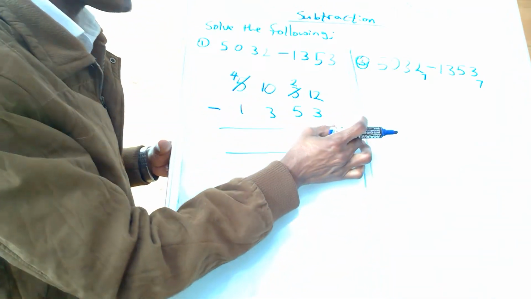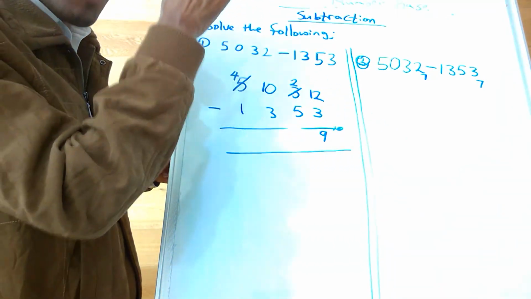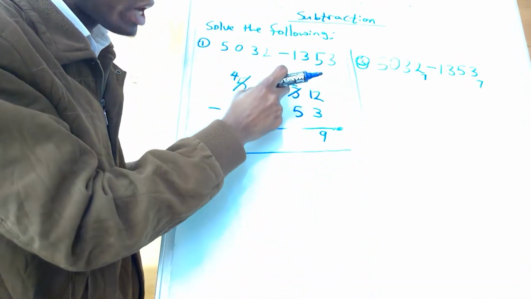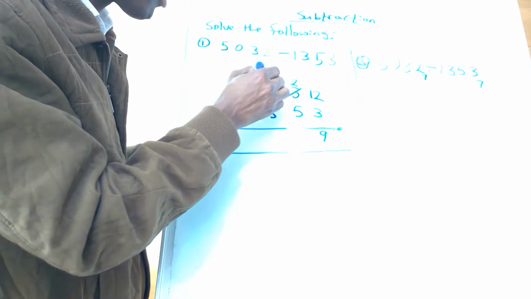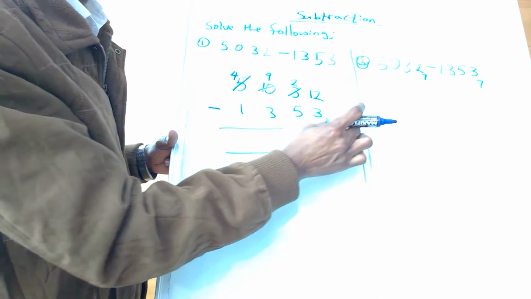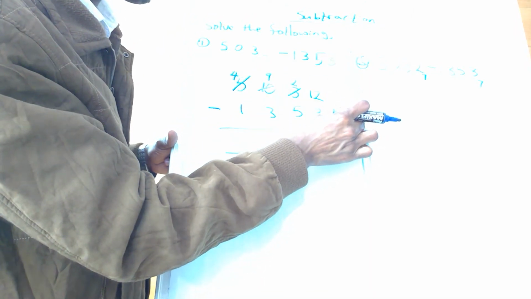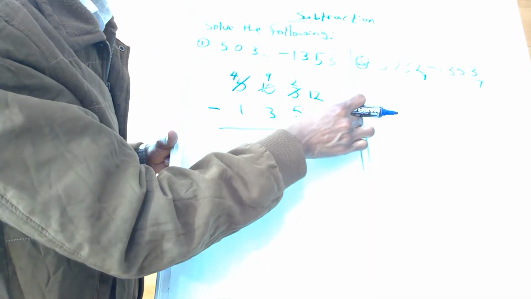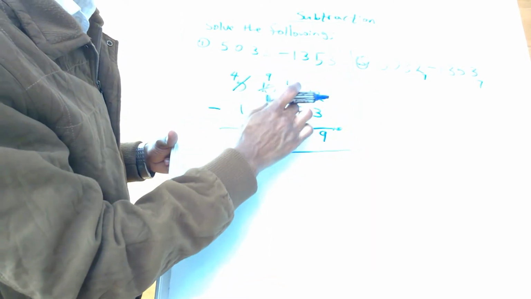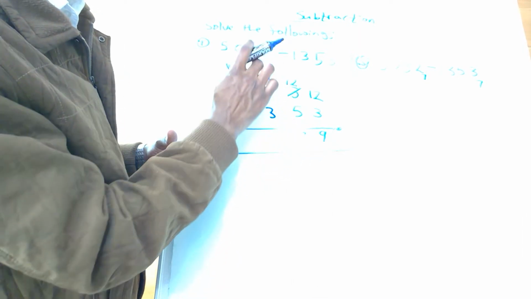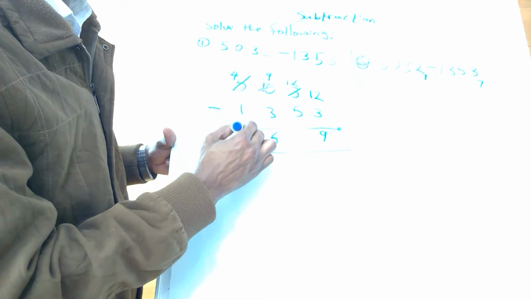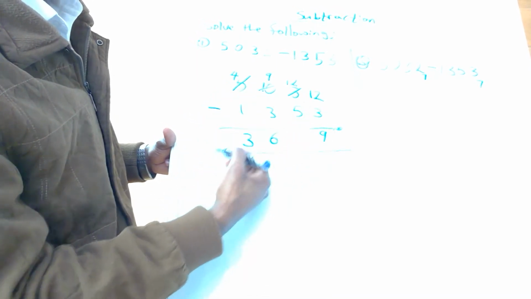So it is the base. When you remove 1, that 1 is the number of base, which is base 10. 10 plus 0, 10. Now we take 1 from this 10, it becomes 9. That 1 is the number of base. Remember again, it is the number of base. That is 10 plus 2. It's what? 12. So 12 minus 5, 7. 9 minus 3, 6. 4 minus 1, 3. So this is our answer.